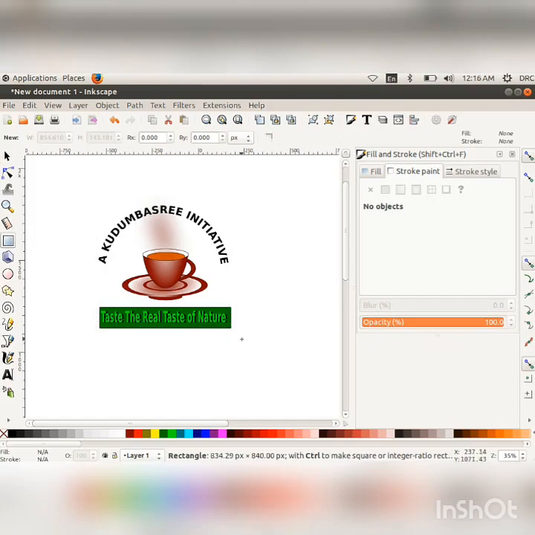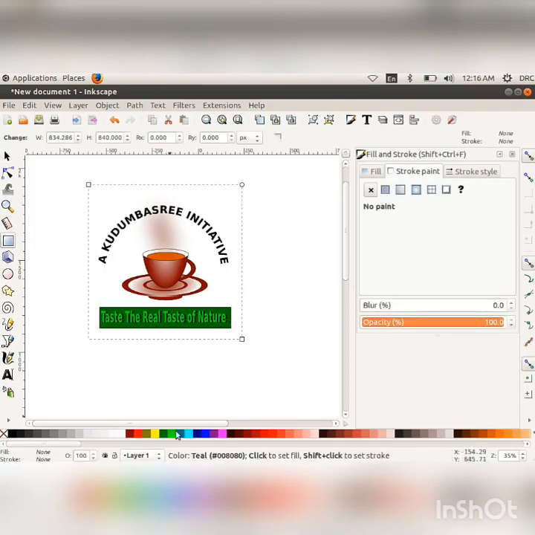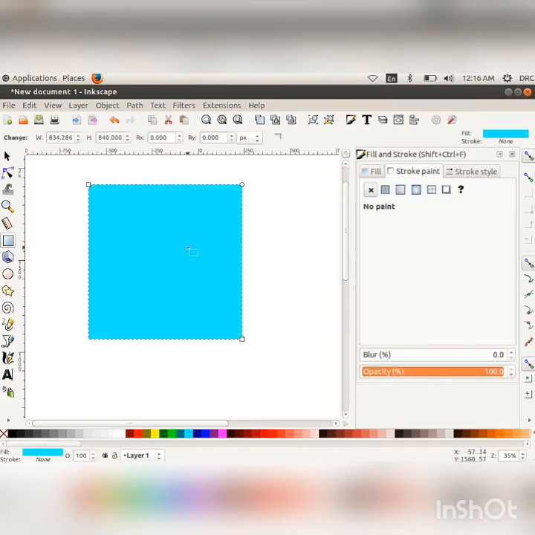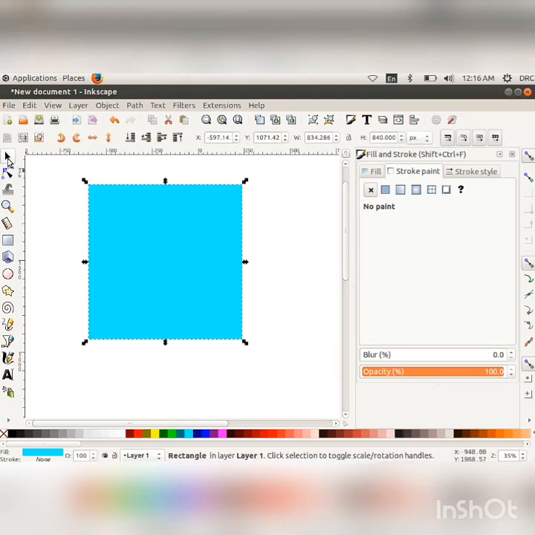To give background to the object, draw a rectangle using Rectangle tool. Select the rectangle using Selection tool and adjust the rectangle to the bottom of the object.